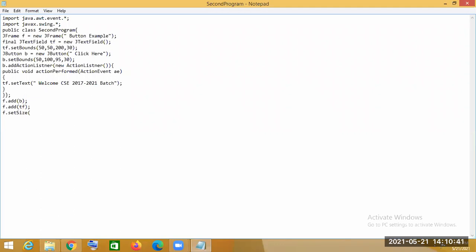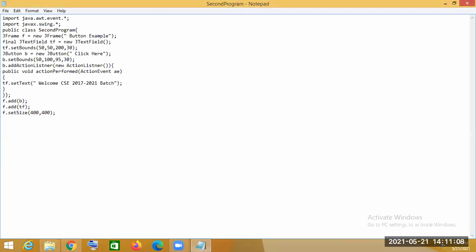The setSize method takes two parameters, int width and int height. Through the frame class object we call setSize, so our frame's height and width will be fixed.